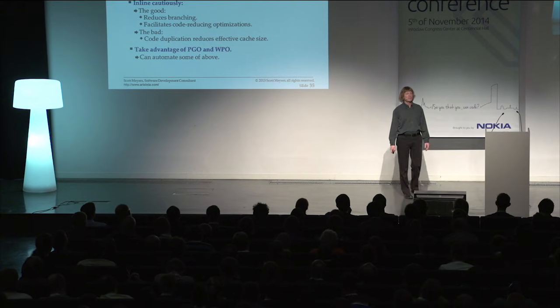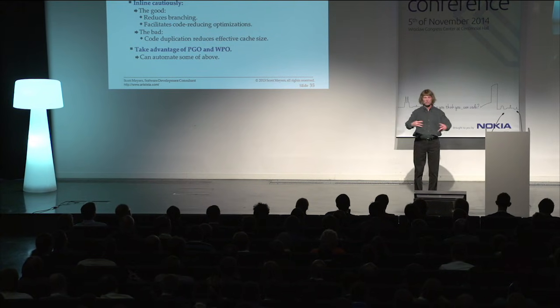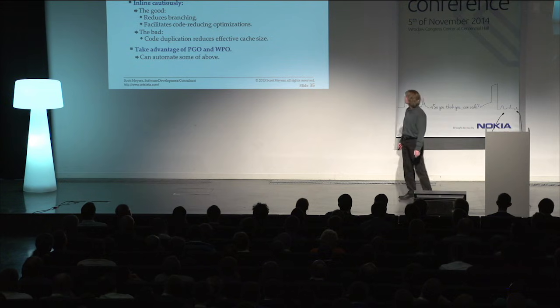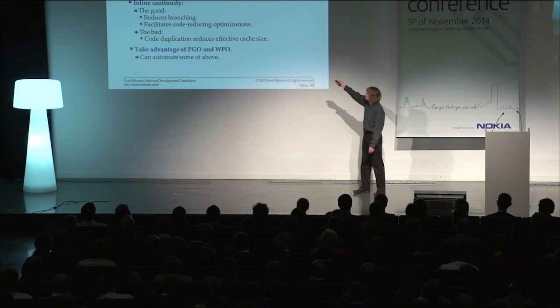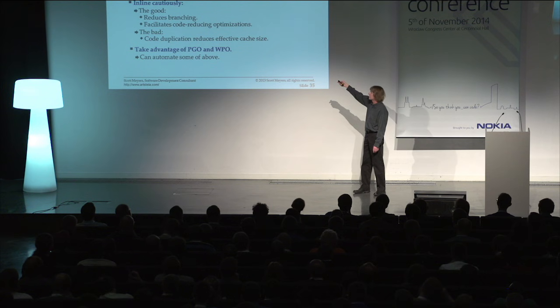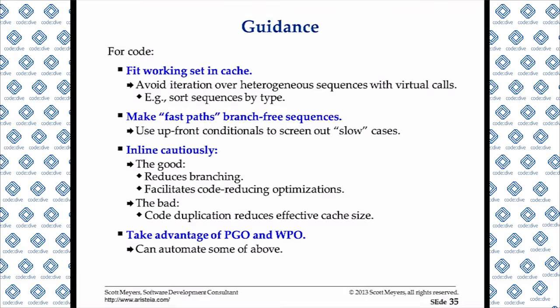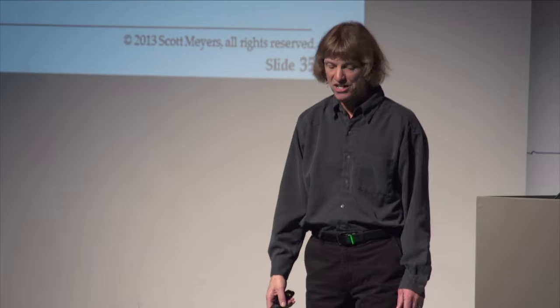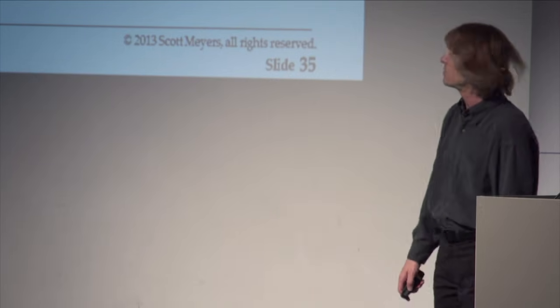I have mentioned before that what you want to do is get rid of branches. So what you would like to do is make the fast paths branch-free sequences. In many cases, if it's a critical path of your program, check for all the oddball cases that are not normally common up front, make those non-inline function calls, and then drop through to straight-line sequences of instructions, which the CPU cache and its prefetcher will be able to help make a lot faster for you. Speaking of inlining,